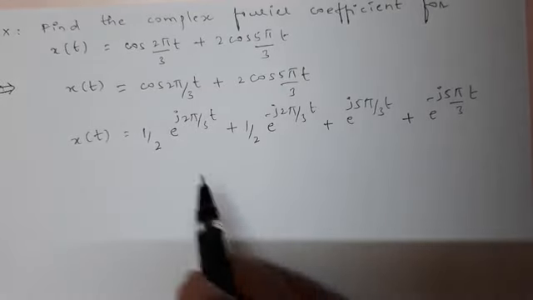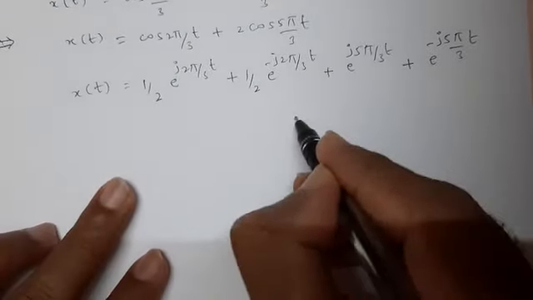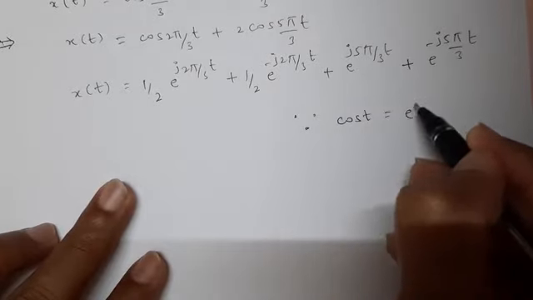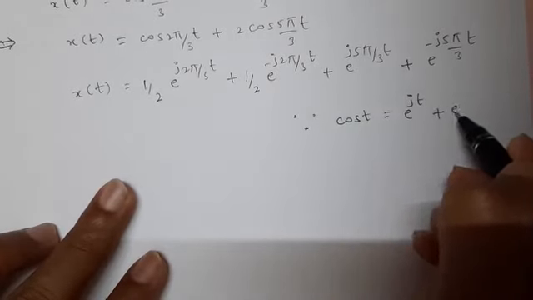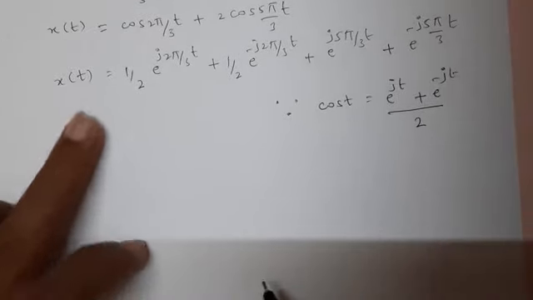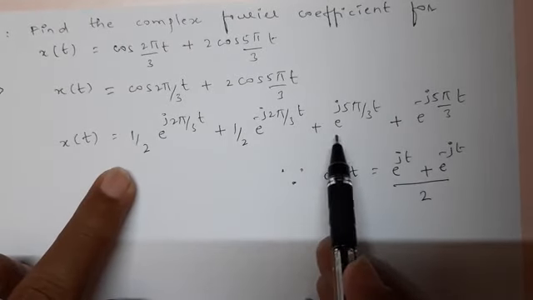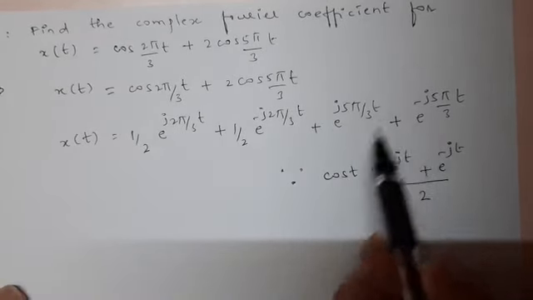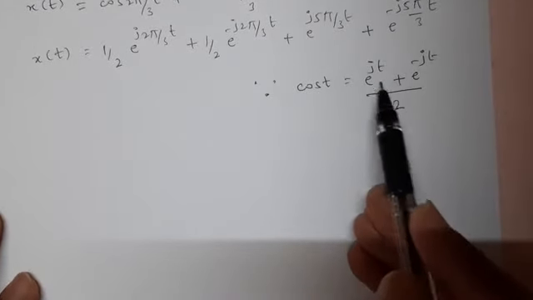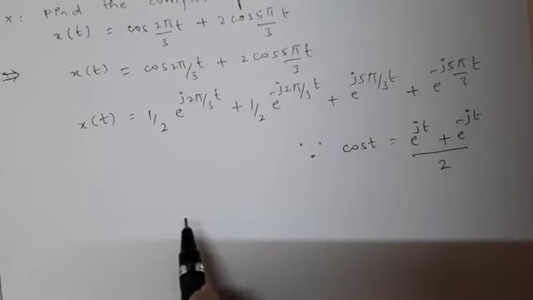How have you written this equation? You know that this is possible because cos t is equal to e to the power jt plus e to the power minus jt, divided by 2. That is what this half is. Since here I had 2, that 2 by 2 has got cancelled and I don't have any half for this. But basically cos t is this. If you want sin t, it is e to the power jt minus e to the power minus jt by 2j.